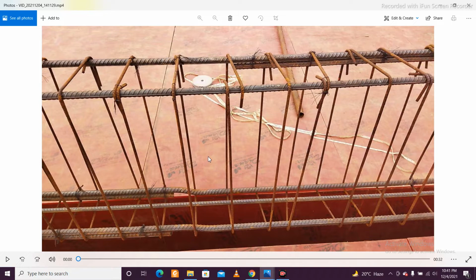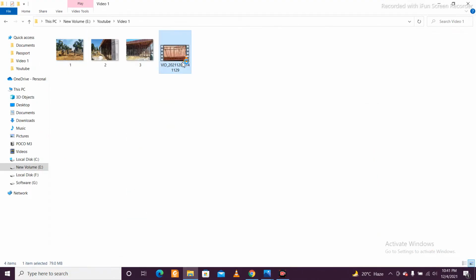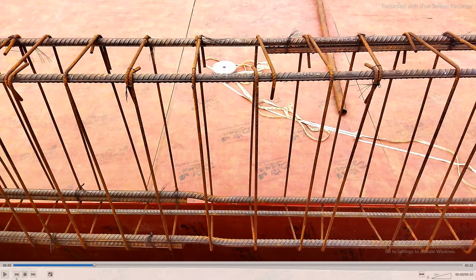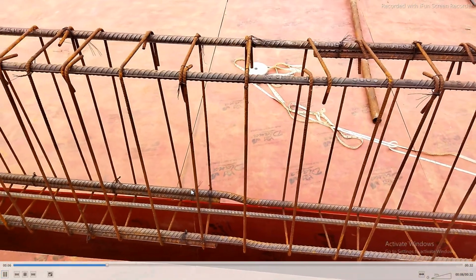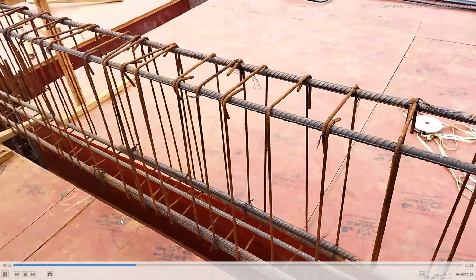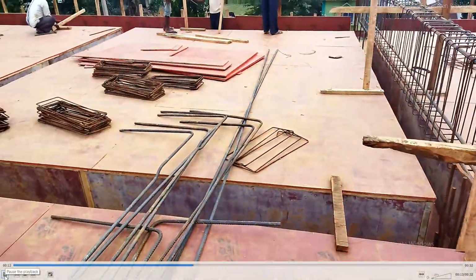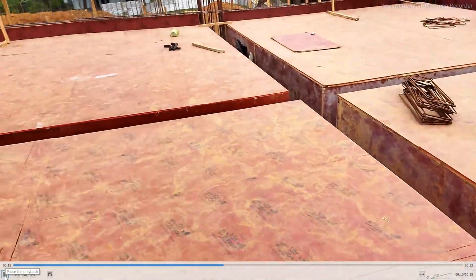Sometimes there are major places of concern where you don't have this sort of control over your measurements, and then it may lead to recutting of rebars.